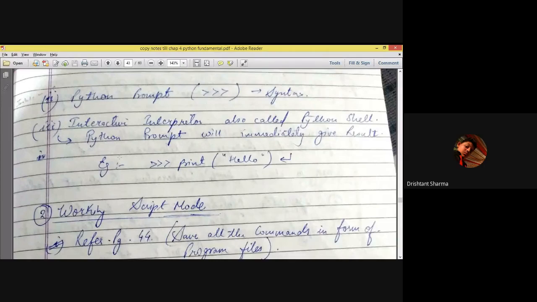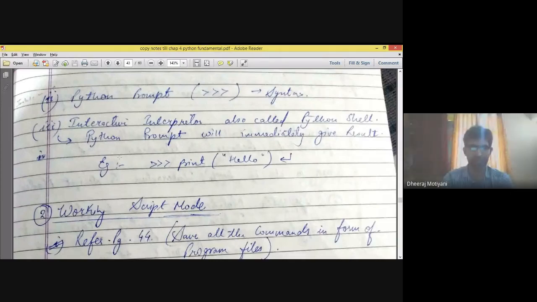Spyder, Jupyter, PyCharm. You can do it with PyCharm as well, but I prefer Spyder or Jupyter, because they have more libraries for the statistics part.